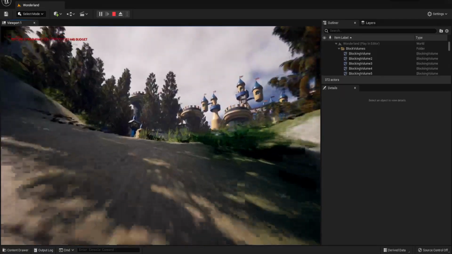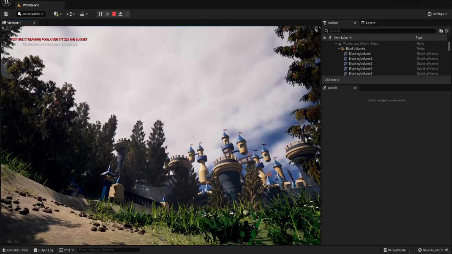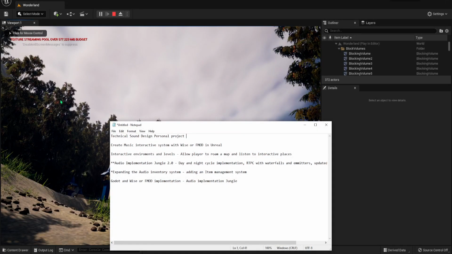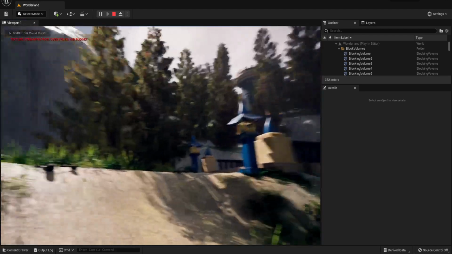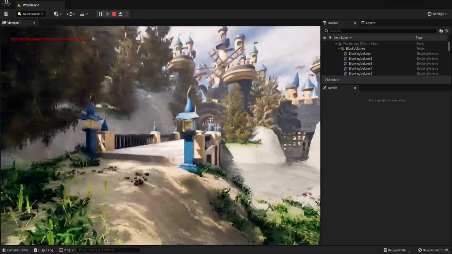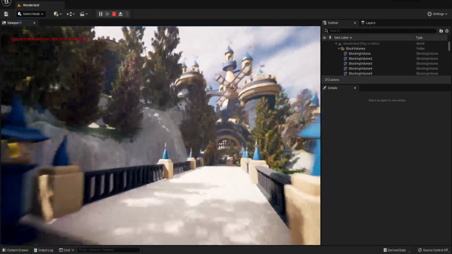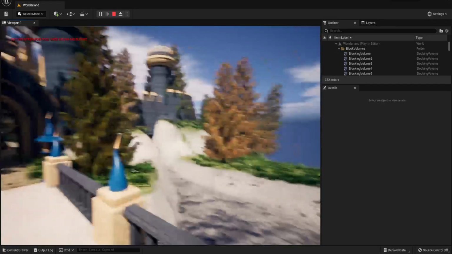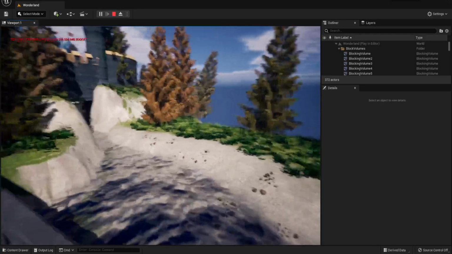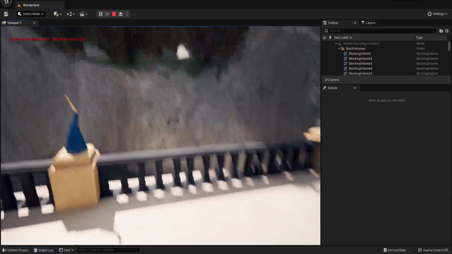Anyways, this would be based off of the personal project where I would add emitters and different things around the map and allow the player to roam around to hear the different environments. I've always wanted to do it, and I've always gotten close with the audio implementation jungle, but I think having an actual map would be better. Of course, there's water down here, and there's a waterfall.